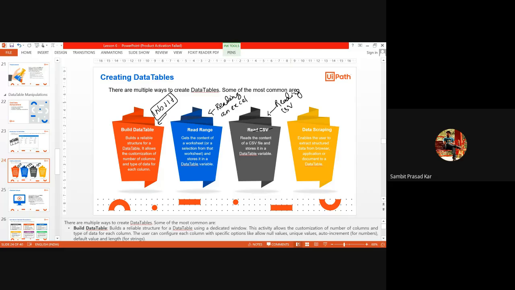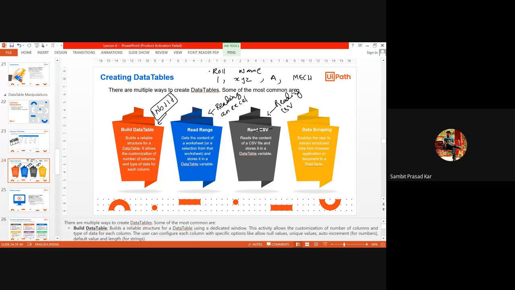Suppose I am writing roll number and name. Rather than creating a properly demarcated table, I can write something like this: roll number 1, name XYZ, section A, house number, department mechanical.